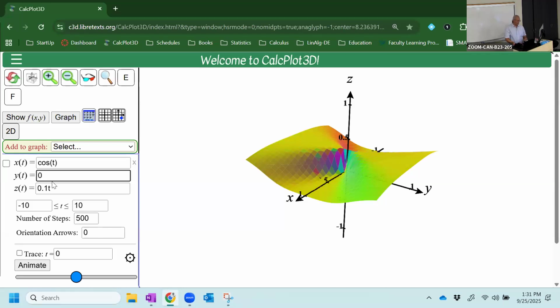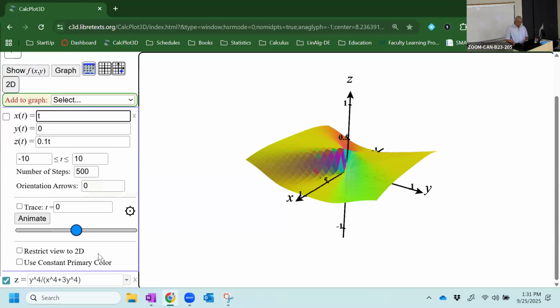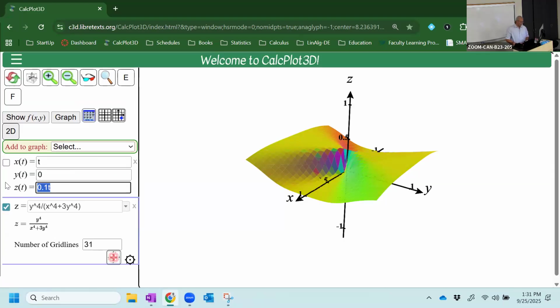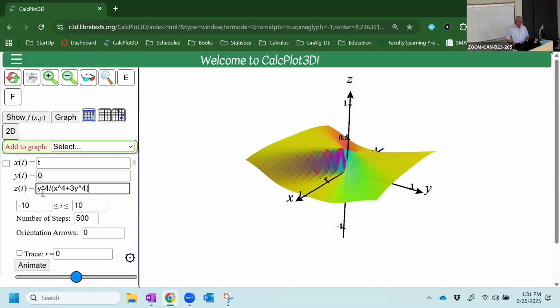So when y is equal to 0, I'm going to let my x vary and change. I'll call that my parameter t. And what I'm going to do is copy this function and replace all the y's with 0